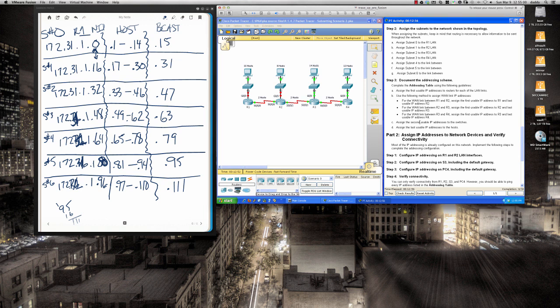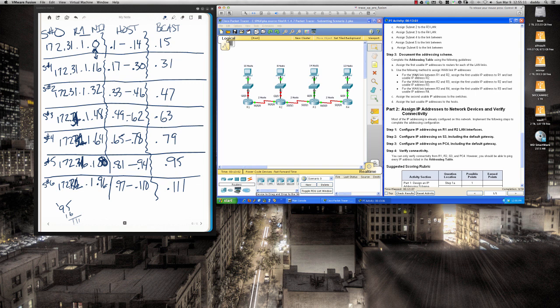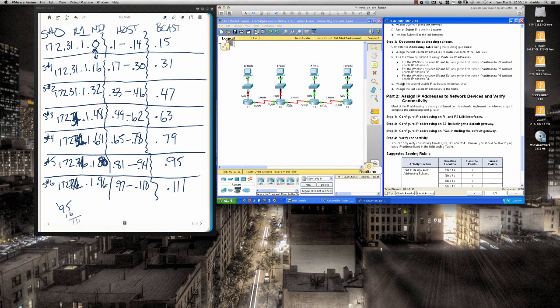And so then let's come on over here. So document your addressing, right? Assign the first usable IP address to the routers for each LAN interface. Use the following method to assign the WAN link IPs. For the WAN link between R1 and R2, assign the first usable IP to R1 and then the last usable IP to R2. Assign the second usable IP address to the switches